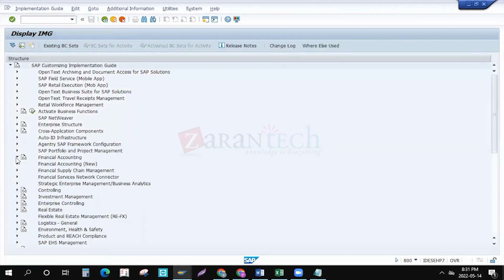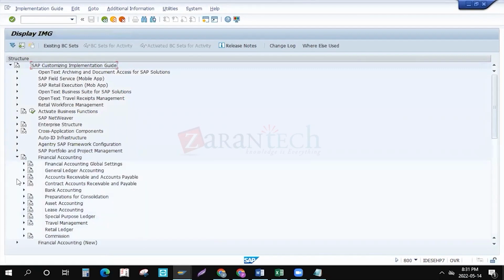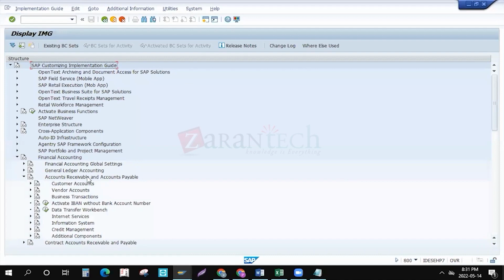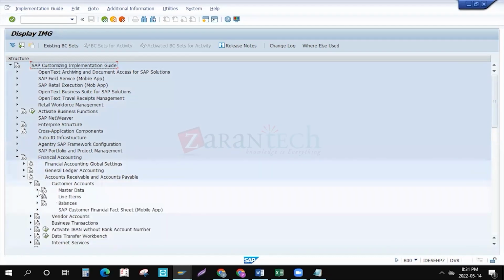Please stop me if you feel I'm going fast. Accounts Receivable and Accounts Payable both belong to the same module, vice versa, as I said. Here, earlier you touched the vendor accounts. Now I'm touching the customer accounts. Go to Master Data,